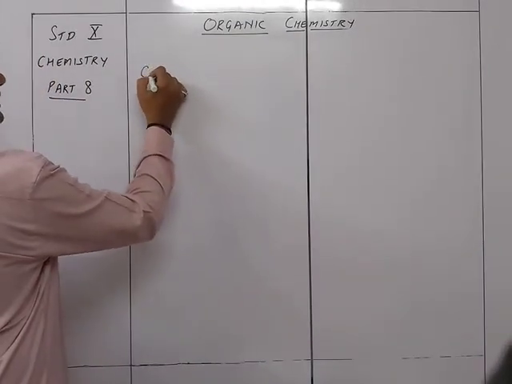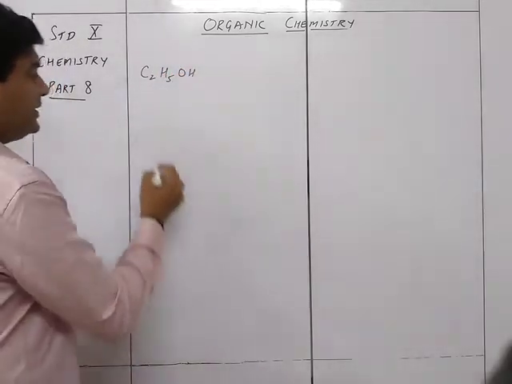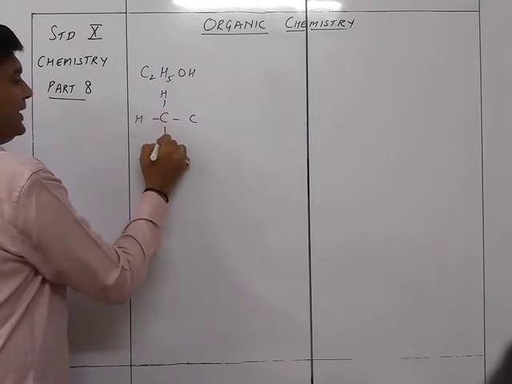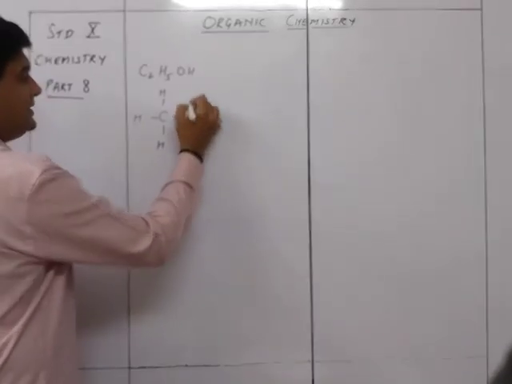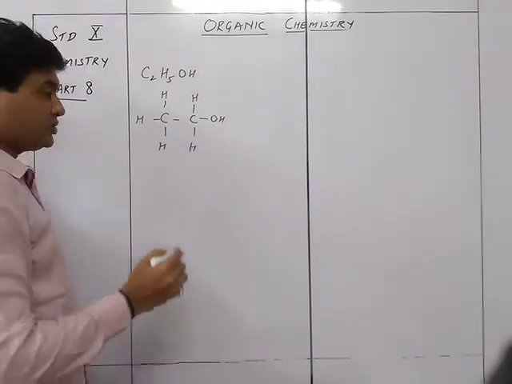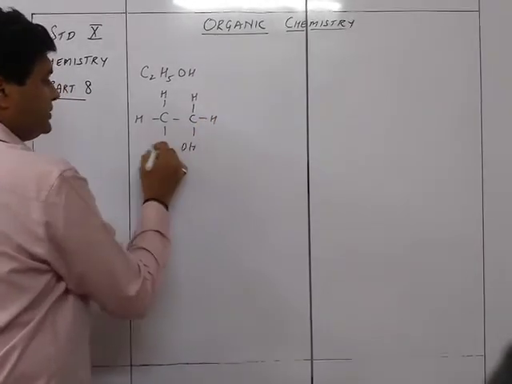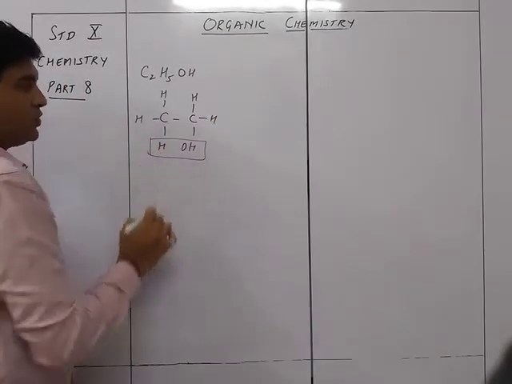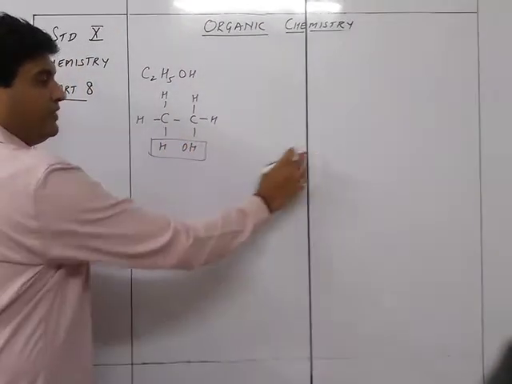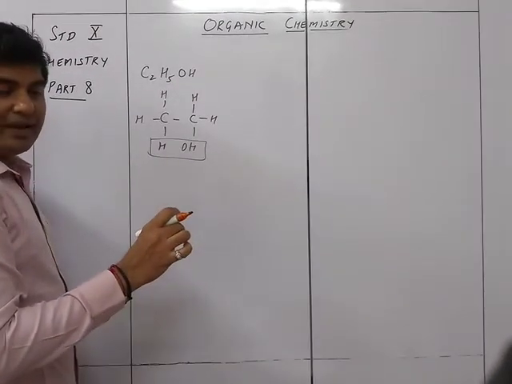It is C2H5OH, which can also be written in a form like this, so that it is easier for you to understand which parts are going to be replaced. You can see that if I write it like this, this much part is going to be replaced and given out as water, and a double bond will form. That is exactly what is happening here.